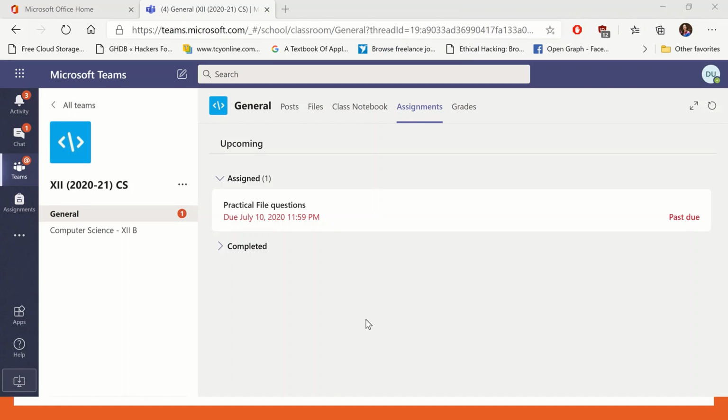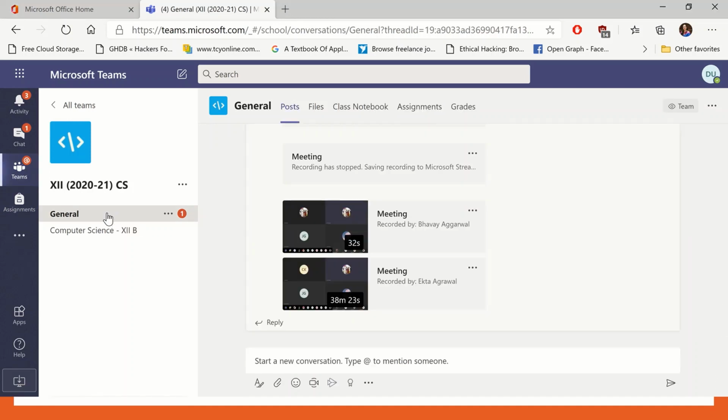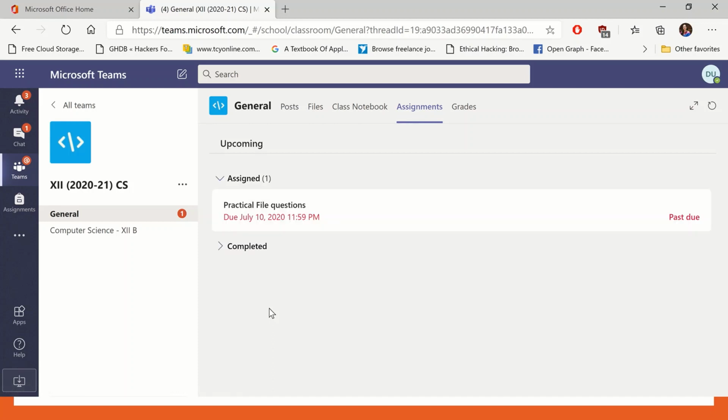Now if you see in the student window, I have assigned the scheduled test at 10:20, but here they have not received the assignment yet because the time is still left. So once the scheduled time is reached, they will get the test here automatically.